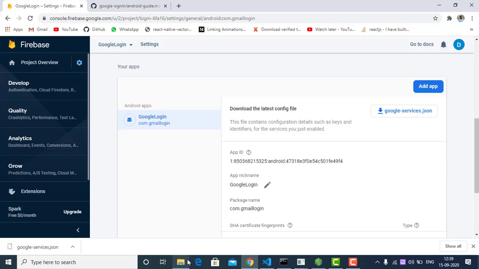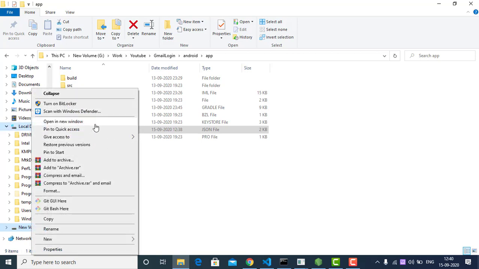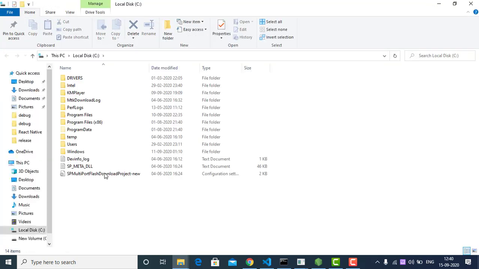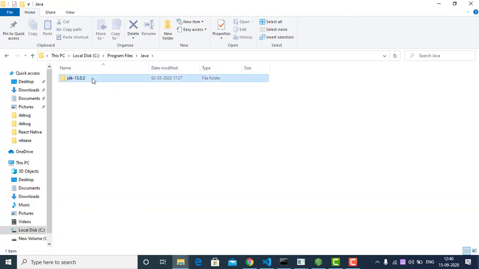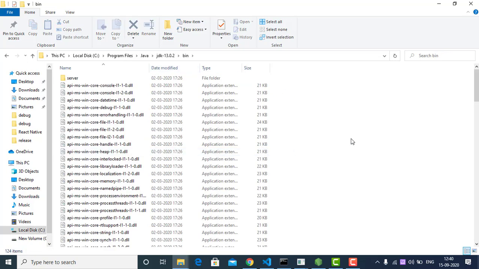For that, I am going to open the C partition, then go to Program Files, then Java, and go to the bin folder, and I am going to open another command prompt.